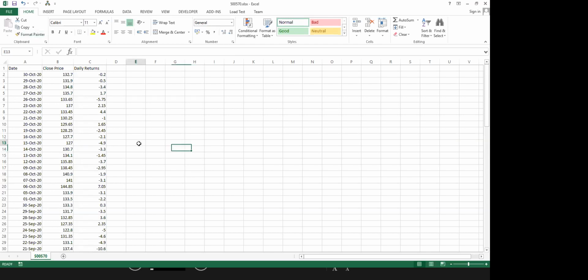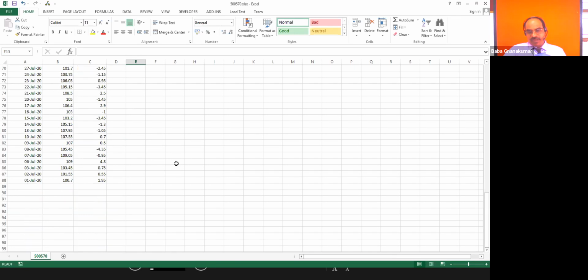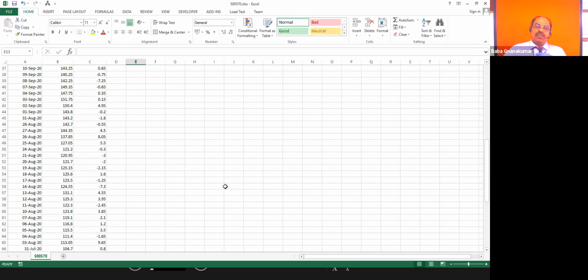So closing price and daily returns. Now what am I to do? Since the date is not in order, you can see I gathered data from 1st July, but 1st July is at the end. That is the big problem. Whatever chart, whatever returns I am calculating will be in reverse.